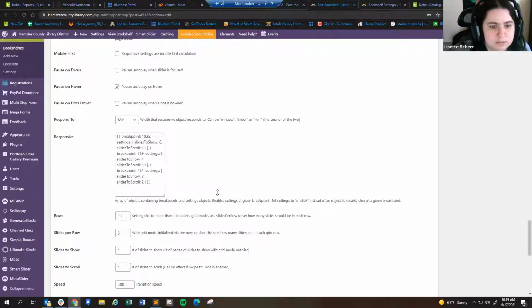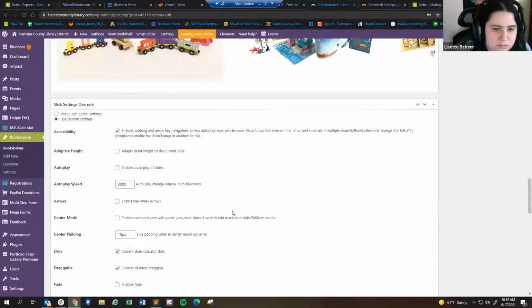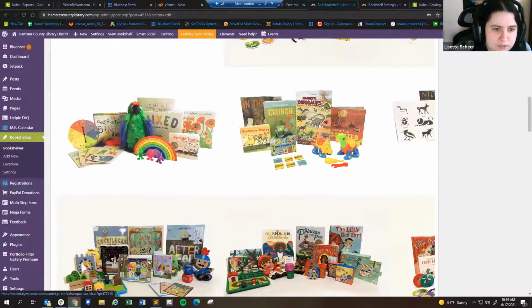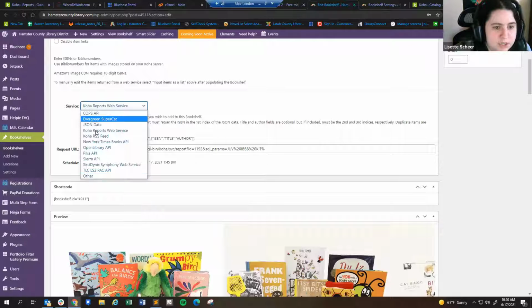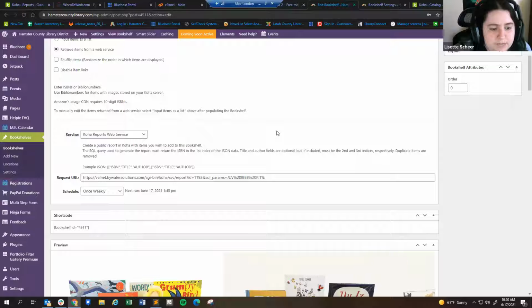Oh yeah, so there's some custom responsive if you want to tweak how responsive it is. You can also have it link directly to an ebook catalog if you want. So if you wanted to do an Overdrive slider, you could, but I think you'd have to still have... Overdrive isn't an option here, I guess, unless maybe there's a way to pull in stuff that was available on Overdrive right now. I have enough other stuff to work on that I might look into that later, but for now